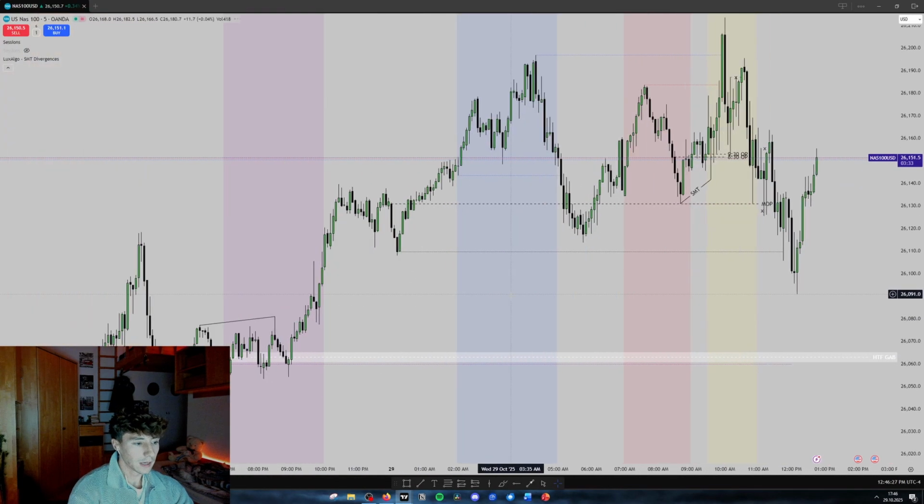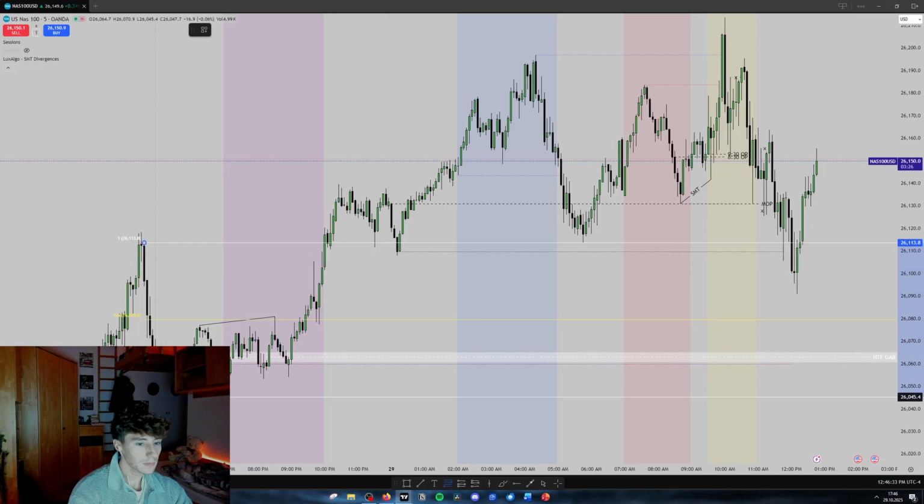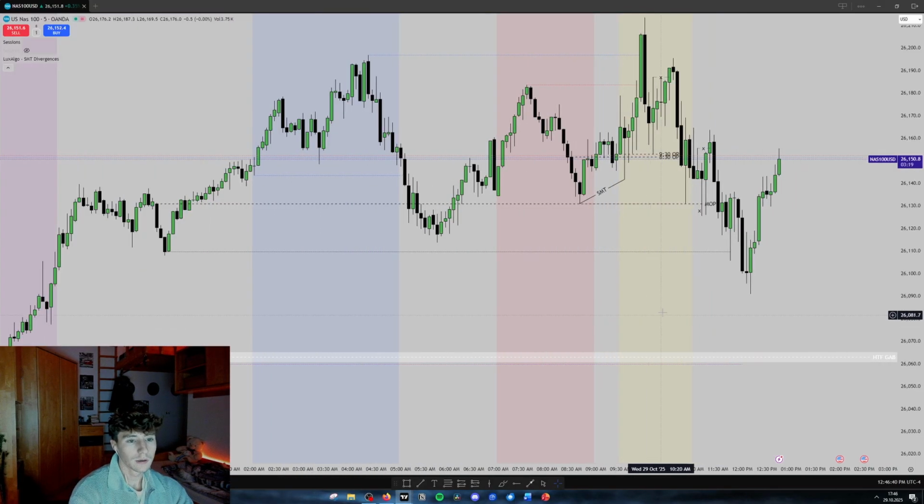We also have the huge order block right here, and if we take measurements, we can see we could have maybe traded back to consequent encroachment around here. But yeah,